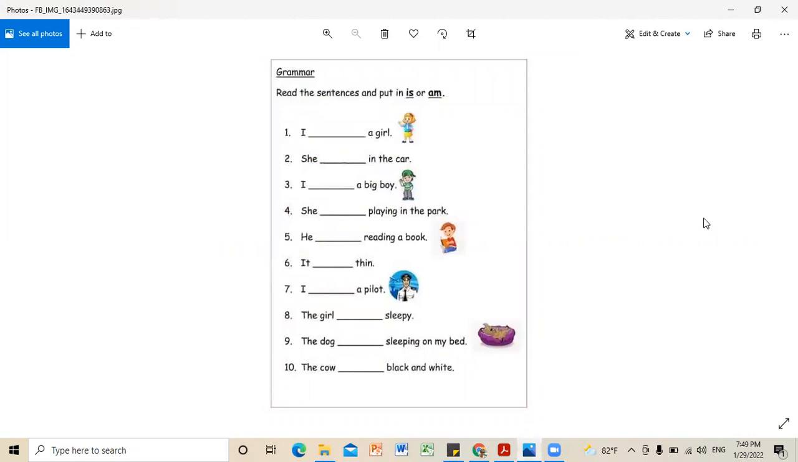Okay. So Hiroshi, I hope you can see my screen. Yes, teacher. Right. Okay. So here I have just got an exercise for you. This is just to be familiar with how we are going to use is and when we are going